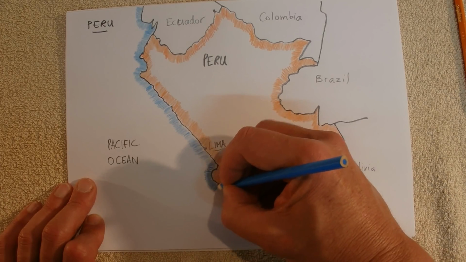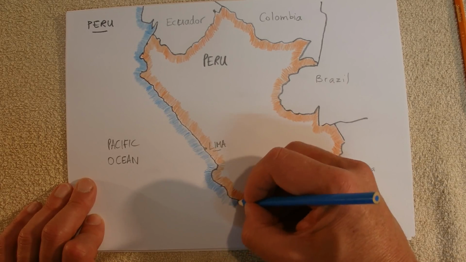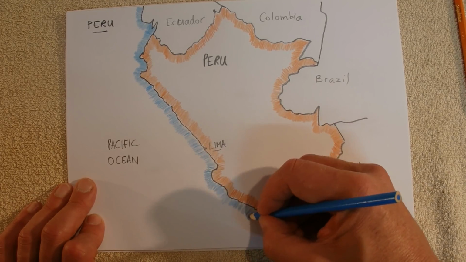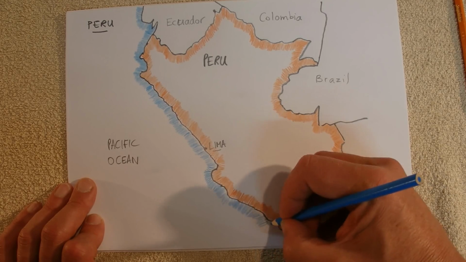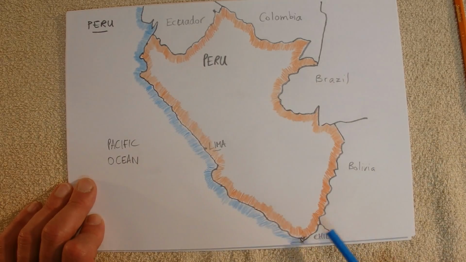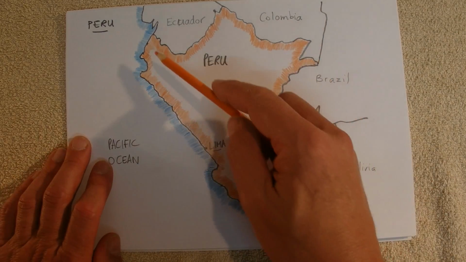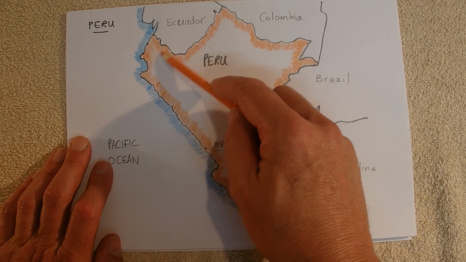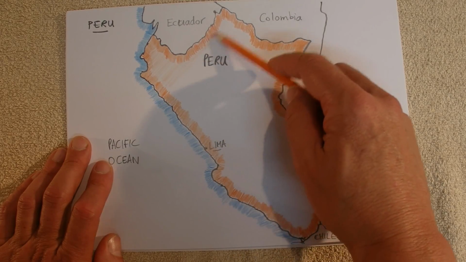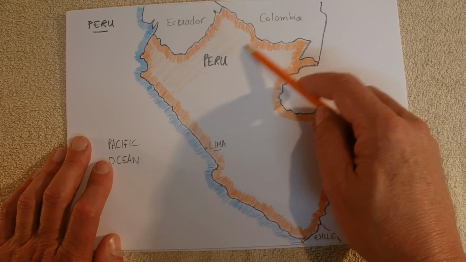And keep going on down to the coast, the Pacific Ocean. And almost finished. Down to the bottom, or back using it the other way again, and down to Chile in the bottom. Now the last thing to do for the map is just do it lightly, and I'll try to do this slowly, is colour in with the orange pencil across the map to colour in the map of Peru.